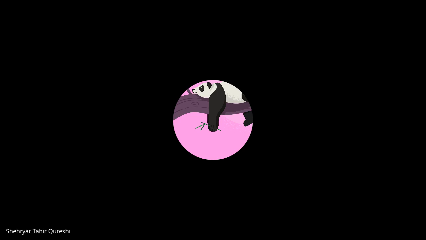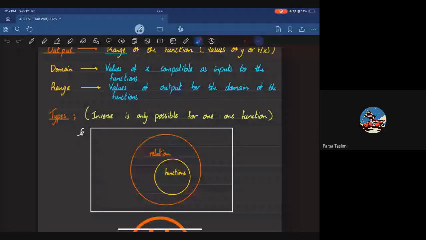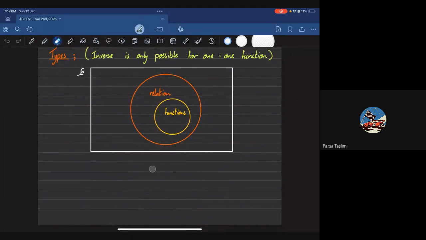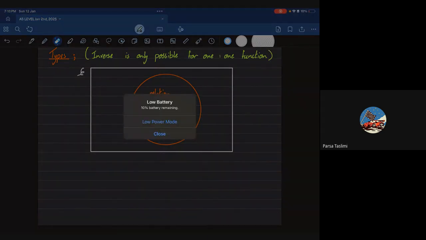what you may call different types of functions. All right. So in our last class, we saw the relationship between relations and functions. We're going to continue with this today, and we're going to look into the different types of functions that exist. All right. Keeping this in mind, we're going to go into